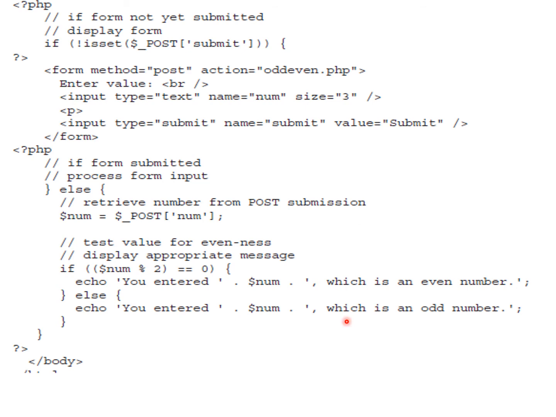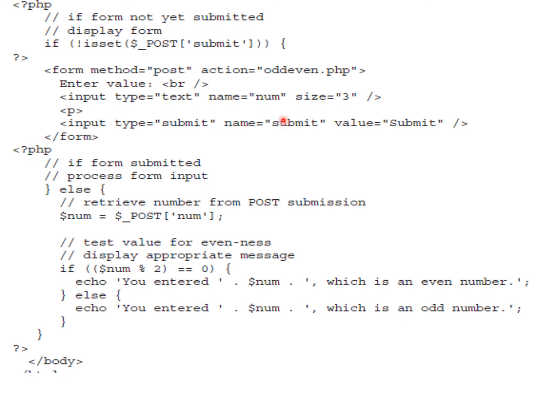So in this code, we are using the same web page for posting the data itself. This web page is named oddeven.php, and the post action page is also oddeven.php. But the action is handled in the else part of this section, while before the action the form is specified in the if part.